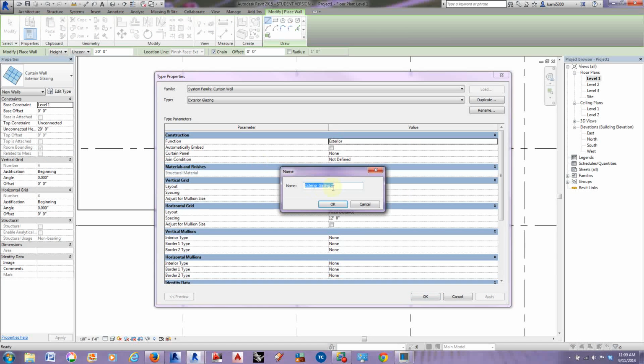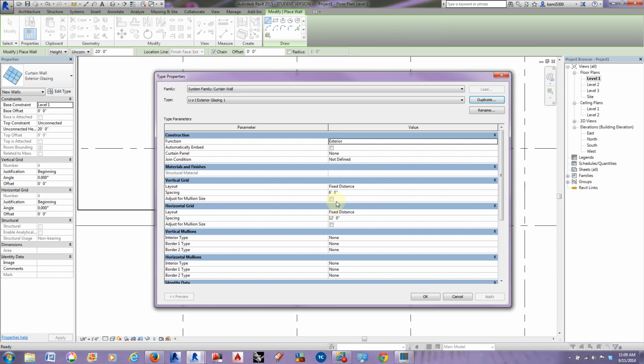I'm going to duplicate it and call it U of I, not F of I. Exterior glazing 1, click OK. And I'm going to change my horizontal distance to being none, and I'm going to leave the fixed distance at 6 feet. And the reason why I'm going to do that is so that we'll have 6-foot doors basically. So I'm going to click OK,